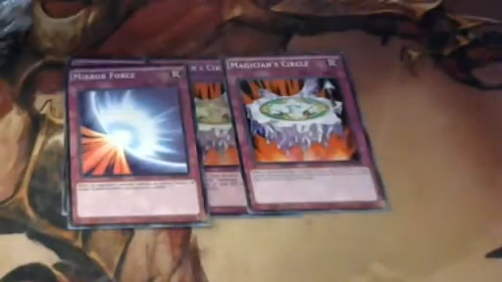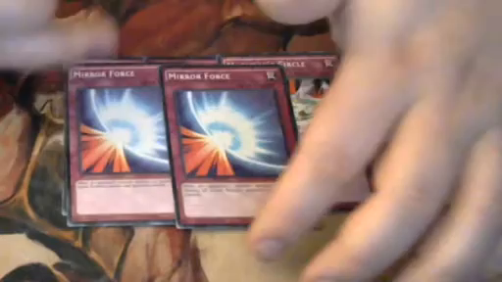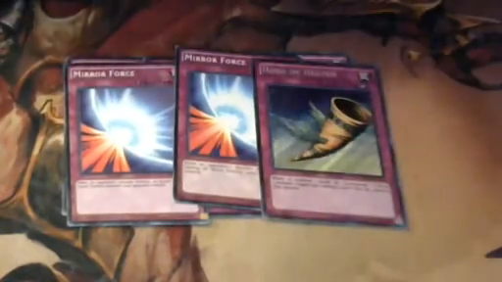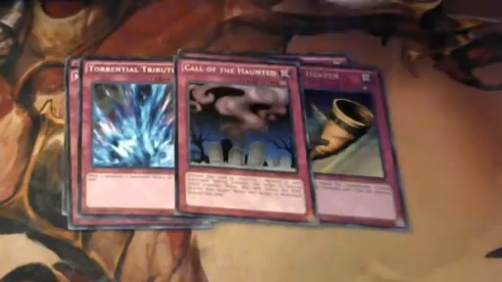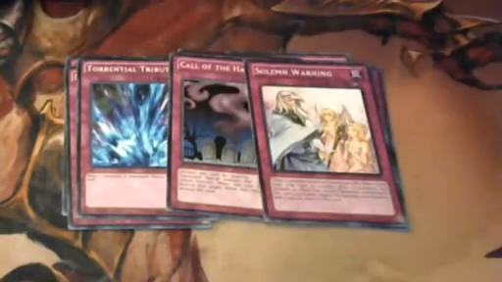2 Mirror Force for pesky monsters that are pissing me off. To further that, 1 Horn of Heaven and 1 Torrential Tribute as well. I also run Call of the Haunted for resurrection power, Solemn Warning for card effects,